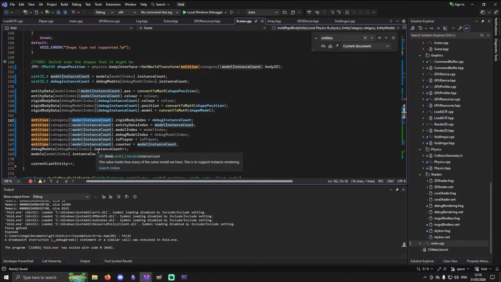So this is the model instance for the entity type. So we need to figure out what type of, is it a debug category or